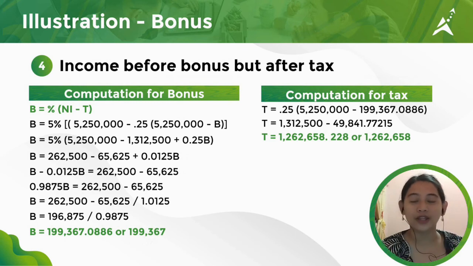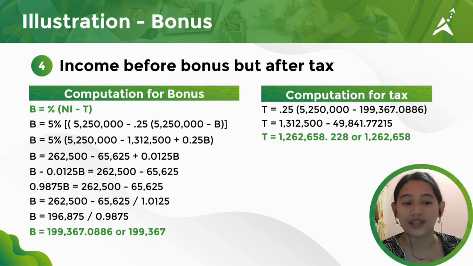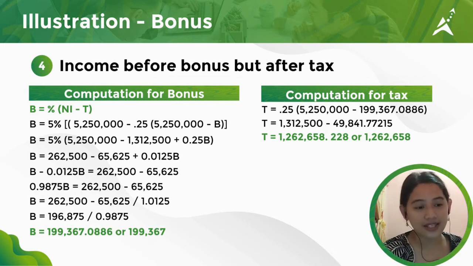Sa tax naman natin, ganun lang uli. T is equals to 25% or 0.25 times 5,250,000 minus yung na-compute nating bonus na yun, which is 199,367 pesos, 0.0886. And we will come up with the tax of 1,262,658. Now, kung mapapansin nyo, in our 4 variations of bonus, from the start until the 4th variation,